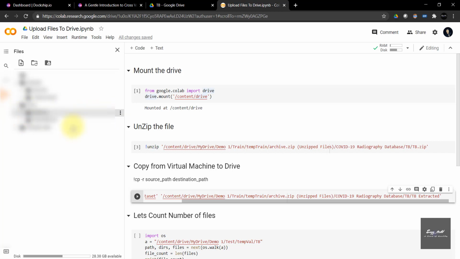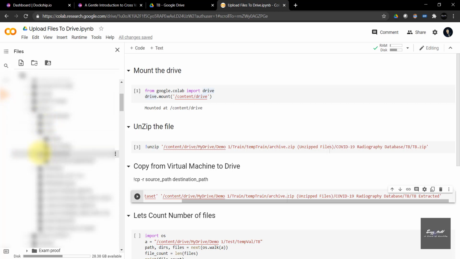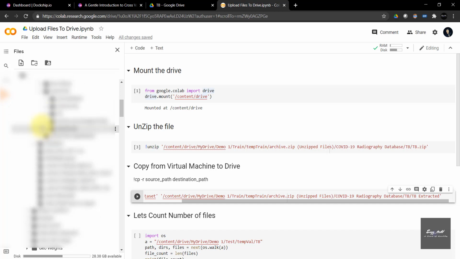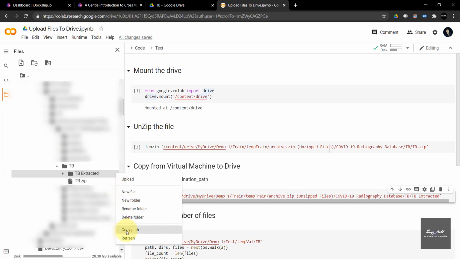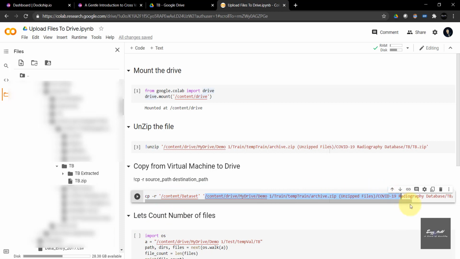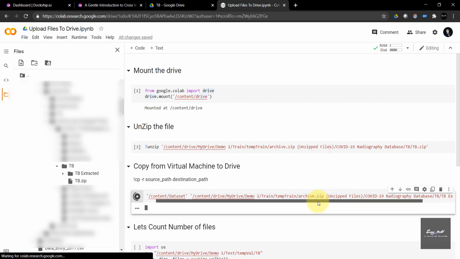Let me show you. I have made some hierarchies, so here it is, copy the path and directly paste it here. If I run this command, you can see the task has been executed.